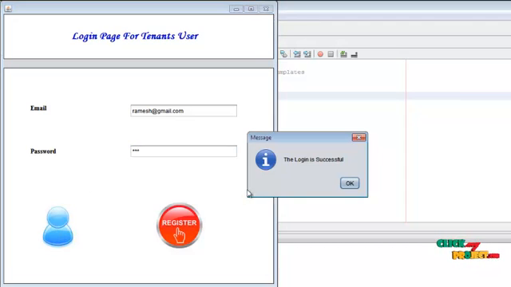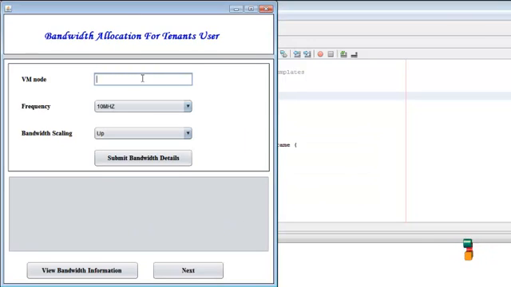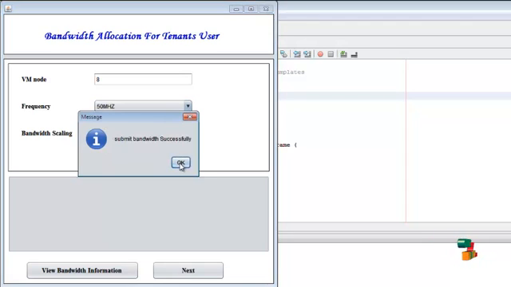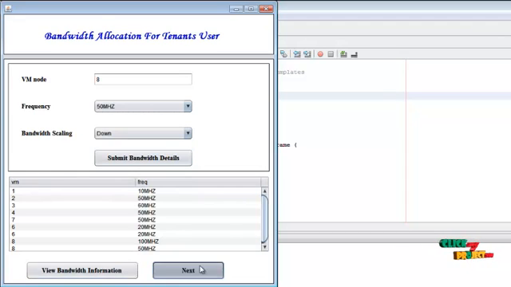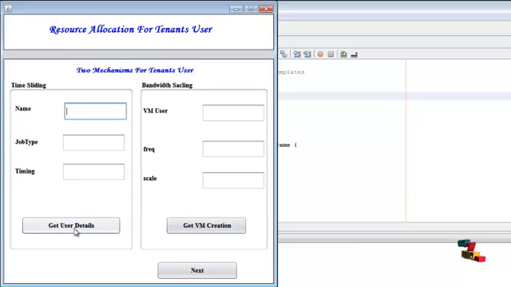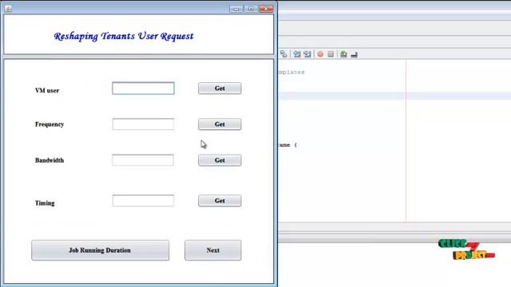and login successful. Go to the next page and create the node for VM and select the frequency and bandwidth scaling, and submit bandwidth details properly into a database and view the bandwidth information in the table. Go to the next page and get the user detail for time sliding and also the bandwidth scaling for resources. And go to the next page and get the users for reshaping the request,